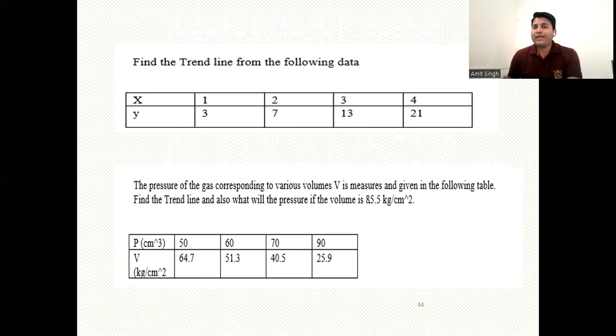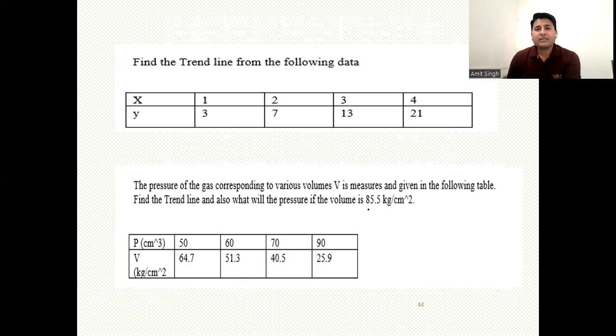So these are some more examples. First example: find the trend line for the following curve. X and y are given. So what are the normal equations? Write the normal equations first, and then we will proceed. So let us try to solve this. The data given to us is what? X is given to us.